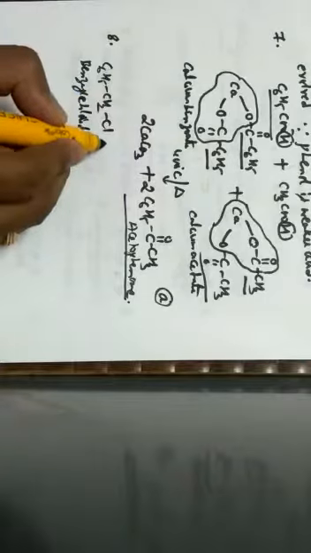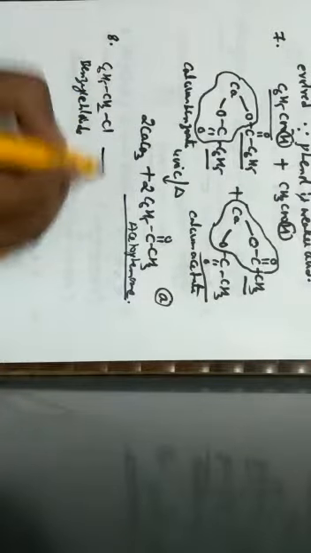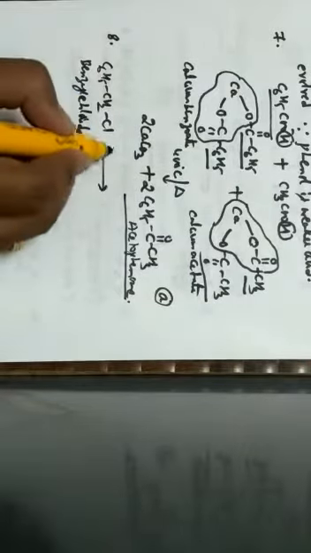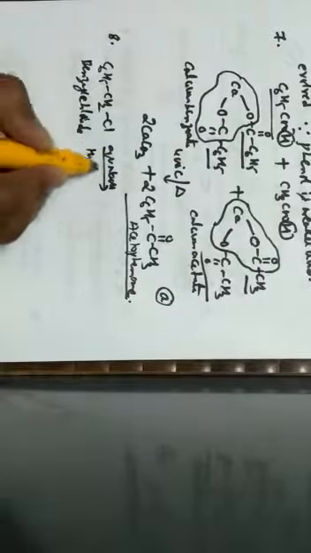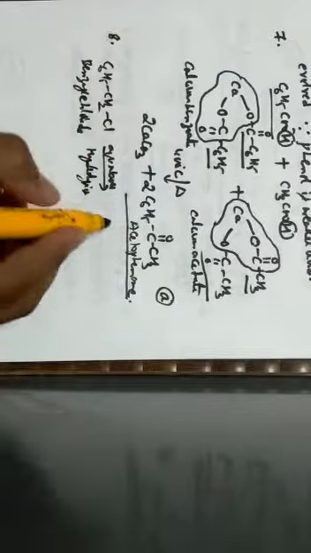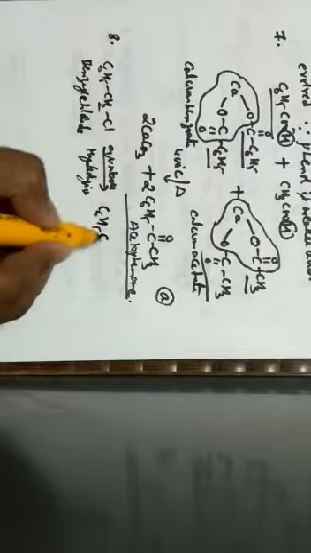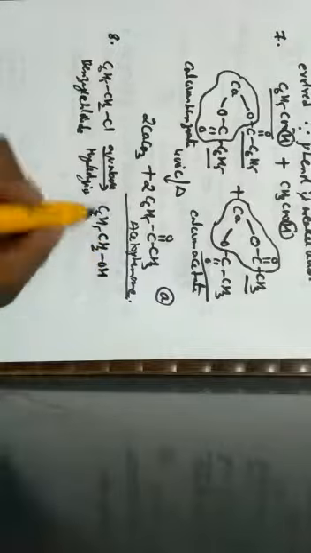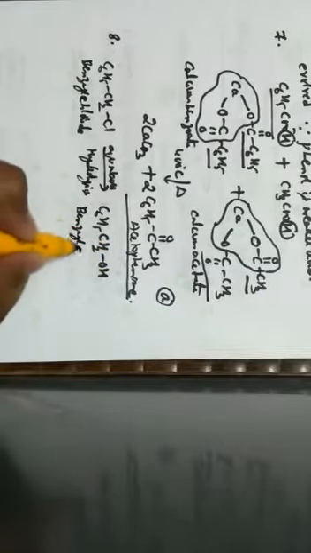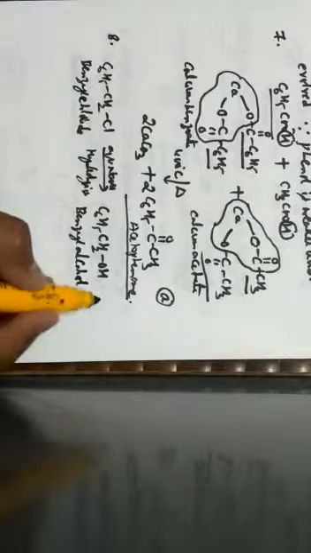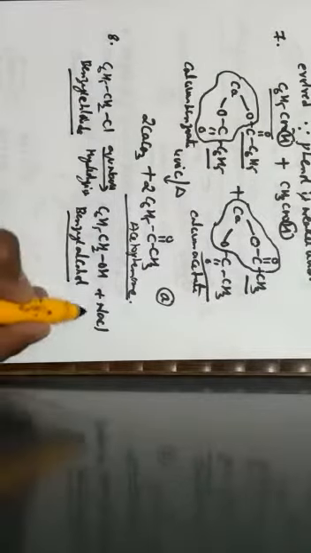When this benzyl chloride is made to react with aqueous NaOH, further subjecting to hydrolysis, it gives rise to C6H5CH2OH, that is nothing but benzyl alcohol, along with the formation of NaCl. Hence, benzyl chloride cannot give benzoic acid, but it can give benzyl alcohol. And the correct answer for the question is option C.